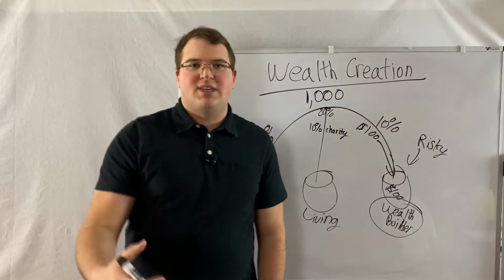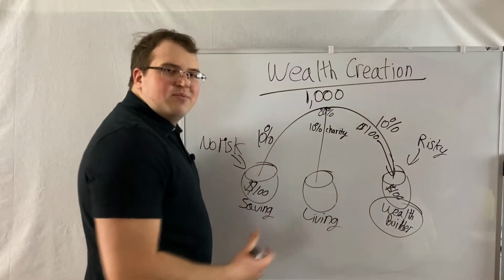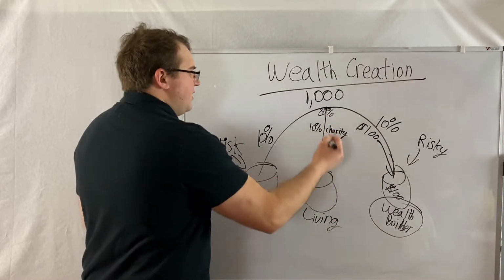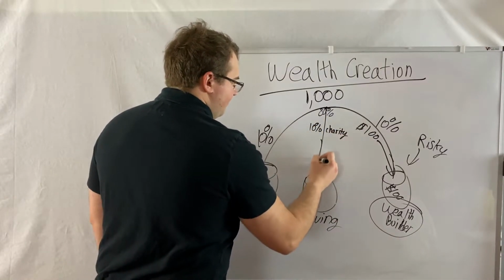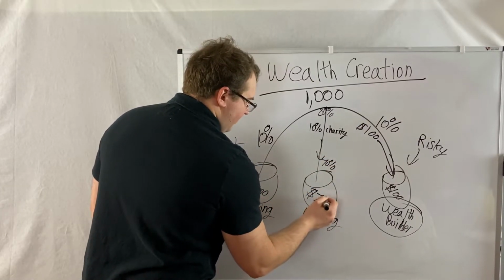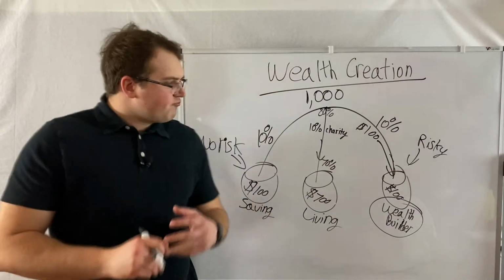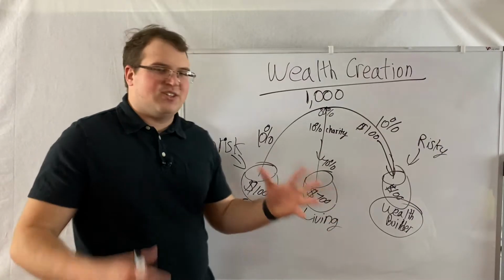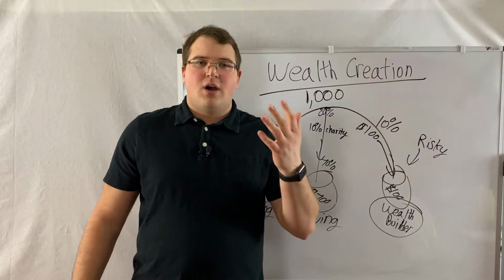Build that habit of giving from the beginning, because money doesn't change you, right? The more money you have just makes you more of who you actually are. So we're building that habit right off the bat. So 10% charity means you have 70% left to live off of. So you have about $700 for your living bucket here. So now that we see this, this is the basic wealth creation of the three buckets principle